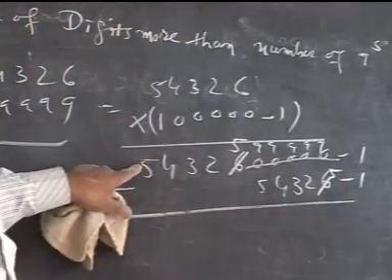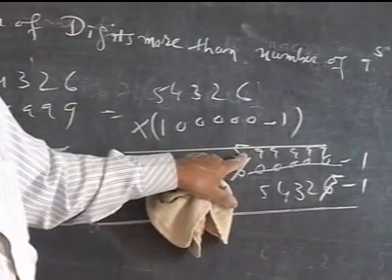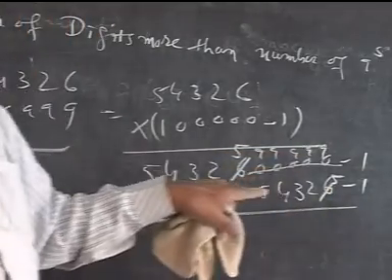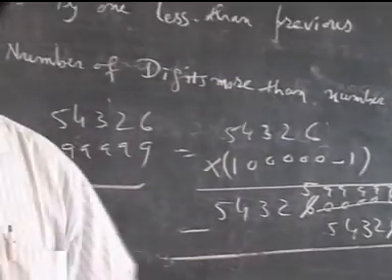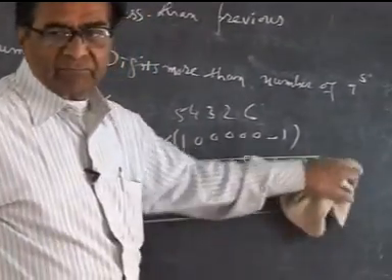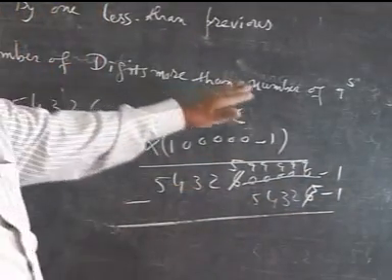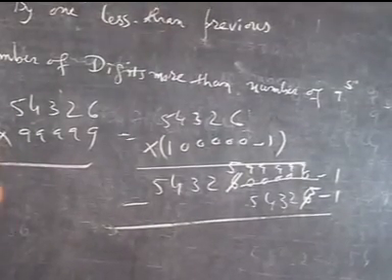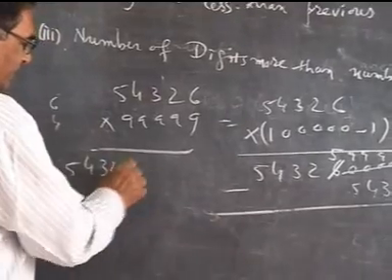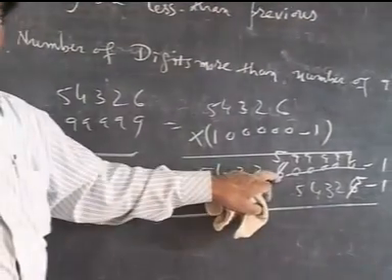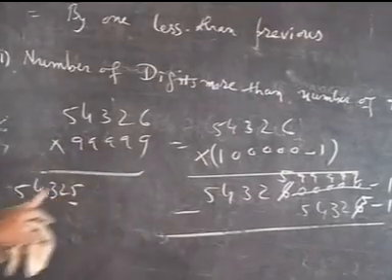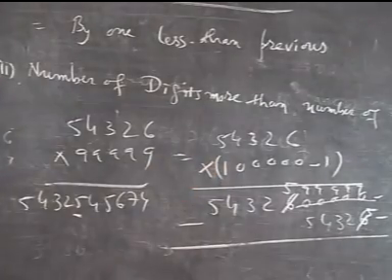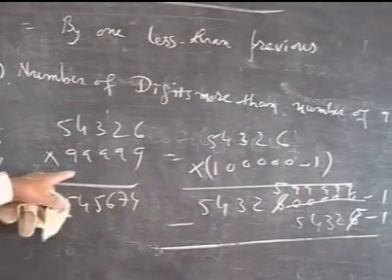So what are we doing? You decrease 1 and subtract from it the decreased number. So the method is the same. The method is true. This is the proof that you are subtracting 1. But instead of doing all these things, you only remember that you decrease this by 1 and you get 5, 4, 3, 2, 5. And now all 9s will be there, so you can say 5, 4, 9, 4, 5, 9, 3, 6, 9, 2, 7, 9, 5, 4, 9. Same answer is there. So this is the proof of the method.